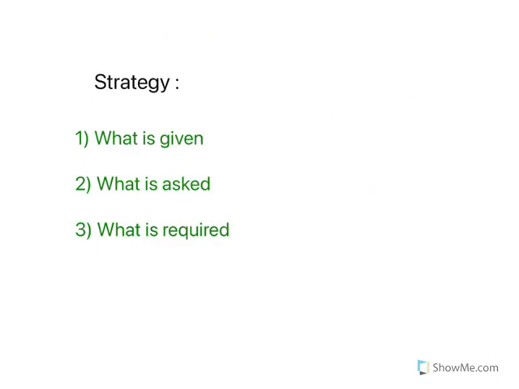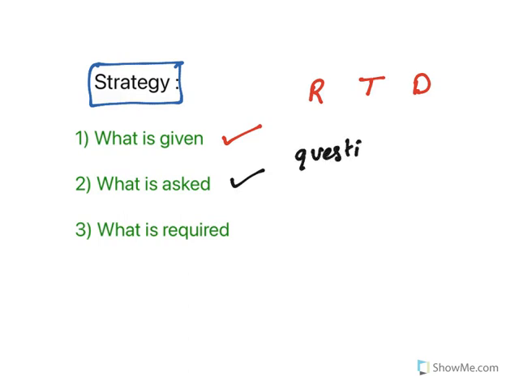See, in order to do that, you need to follow a strategy. The strategy to do rate kind of questions is, the first and foremost thing is what is given. You need to read the question properly in order to understand what is given, whether the rate is given, time is given, or the distance is given. You need to write it down. Second one, what is asked? What is the question prompt? What is the question about? So to get that answer, what is required?